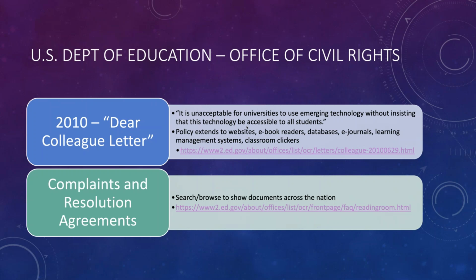You could search by the state of Montana, for instance, and you can see a whole list of issues with different institutions across the state, whether it's K through 12 or the Office of Public Instruction or the Montana University System, or very specifically University of Montana, Montana State University. There are both complaint documents and resolution agreements in that list. Interestingly, I was not able to find the Montana State Library in that list, so I'm not